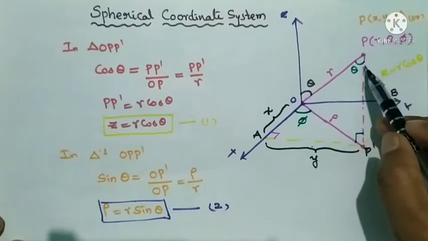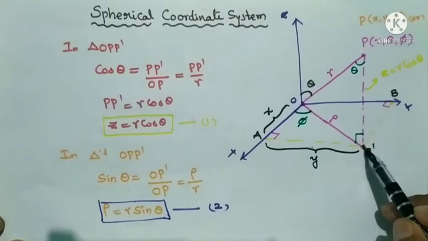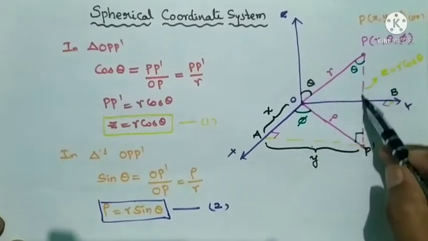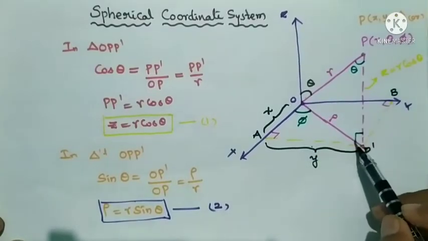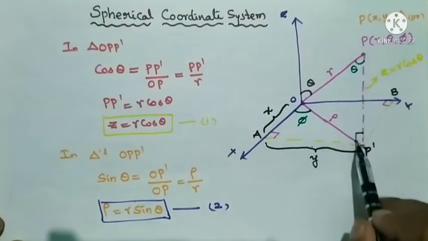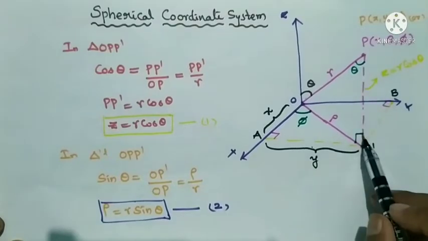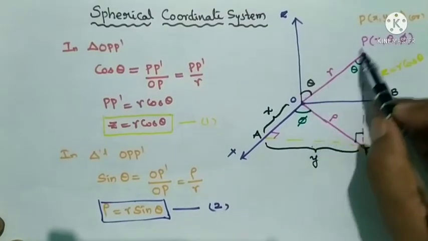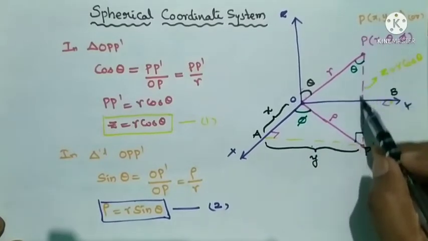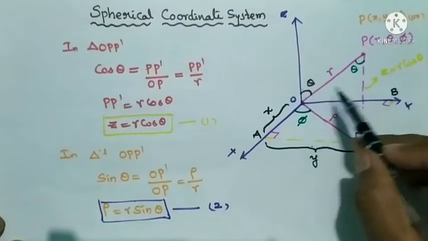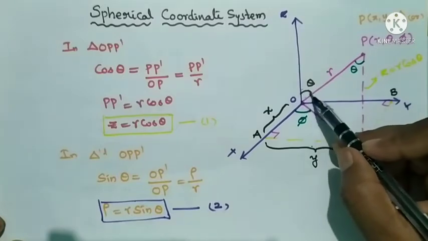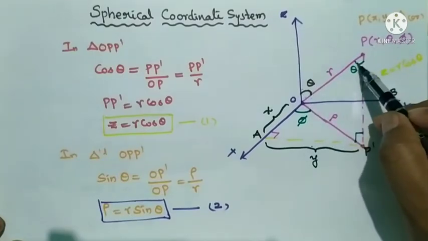Because this dotted line is a normal drawn to the xy plane, which is parallel to the z axis. So this is parallel to the z axis, and this makes an angle of 90 degrees because xy is a horizontal plane and this is a vertical line. Then it makes an angle of 90 degrees. Then in this triangle, here it is theta, and this dotted line and z axis both are parallel. To these parallel lines we draw a line which is intersecting with an angle of theta here. Then here also the angle is theta.